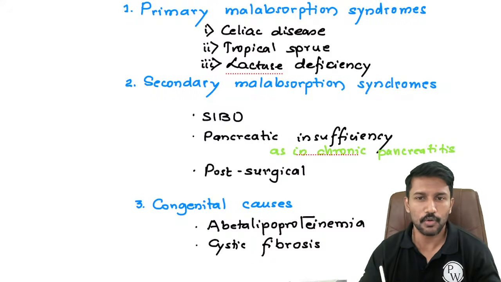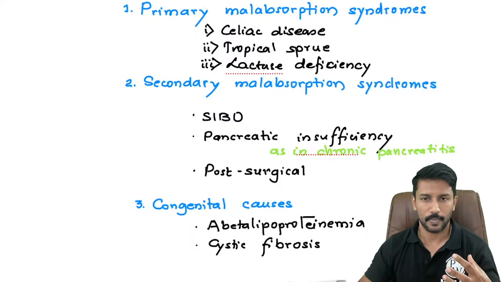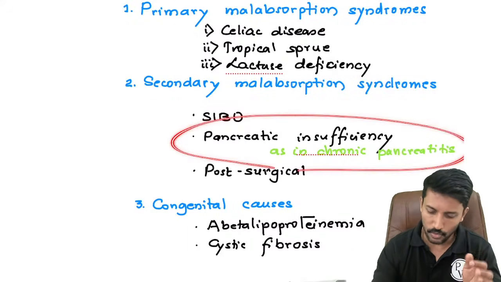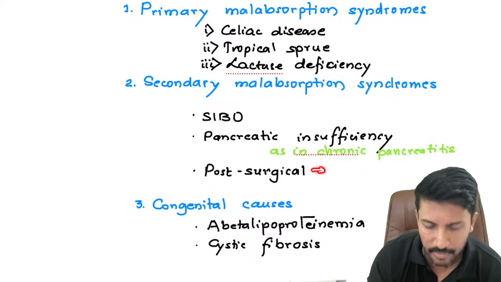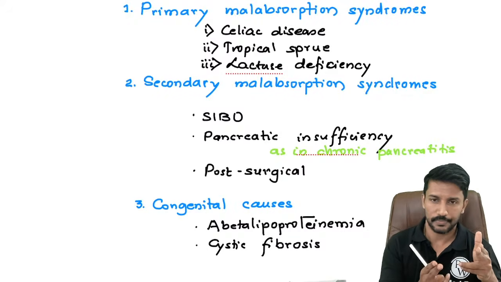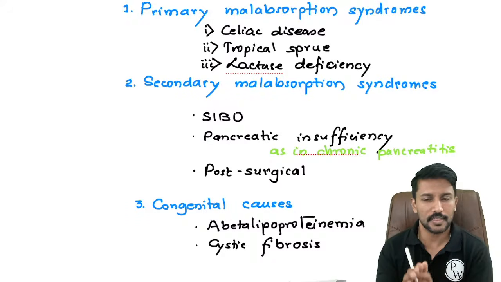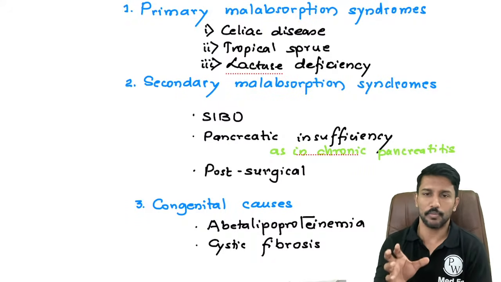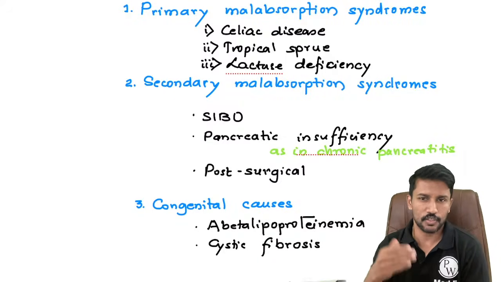Most of these patients come to hospital with the chronic fibrocalculus pancreatitis with abdominal pain. And the main diagnosis is going to be chronic pancreatitis. But malabsorption is also one of the symptom there. Okay. And then sometimes it can be post-surgical. Means for surgery, sometimes you have to resect the stomach or resect the colon or resect the ileum. In such cases, whatever nutrients that get absorbed in that particular segment of the bowel will not be absorbed, and we will have the deficiency of those substances.